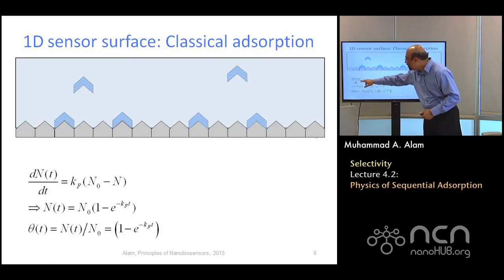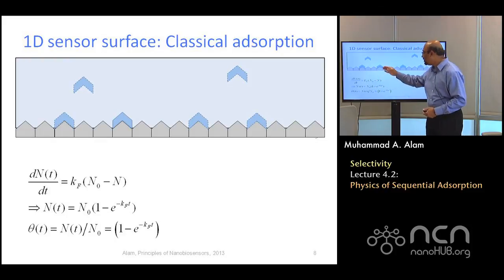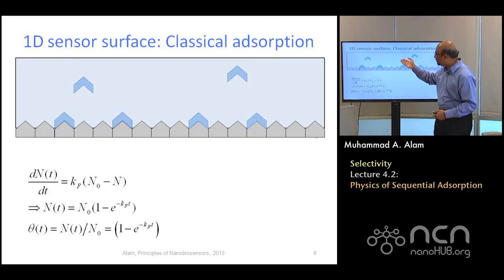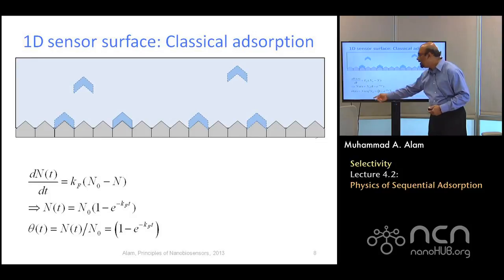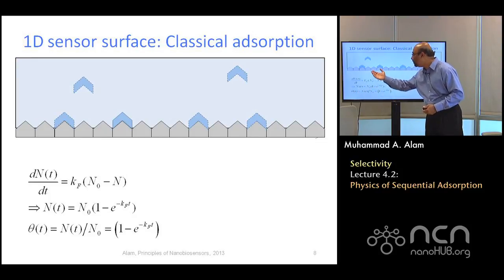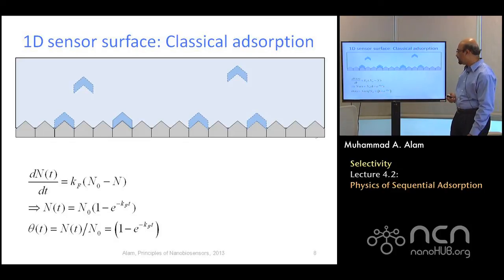But in this particular one, you can simply compute the rate at which the molecules are arriving. Let's assume that it's a sticky surface, so nothing gets out. Once it comes down, it gets stuck. And so this is why you have only forward association. N naught is the number of parking spots, and so N naught minus N is the number of available parking spots at a given time. You solve for this and you can see the fraction that is available, or fraction covered, at a given time will decay exponentially as a function of time. At t equals infinity, it will be 100% covered, which is good, as you might have expected.